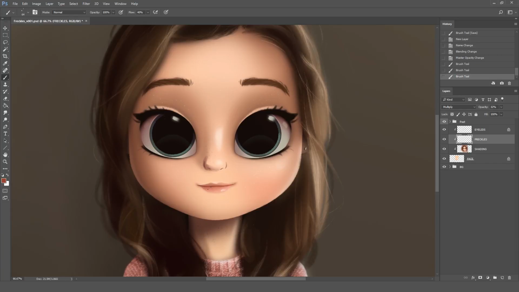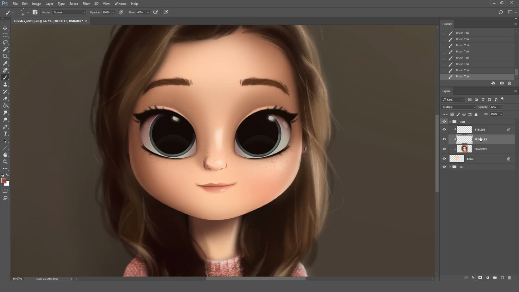And now here is just a matter of painting these very subtle freckles around the face. We don't have to paint anything too dark. I always say this about the process, is that you always start with something subtle and keep building from there. So now it's enough to just kind of hint at where the freckles are going to be placed.